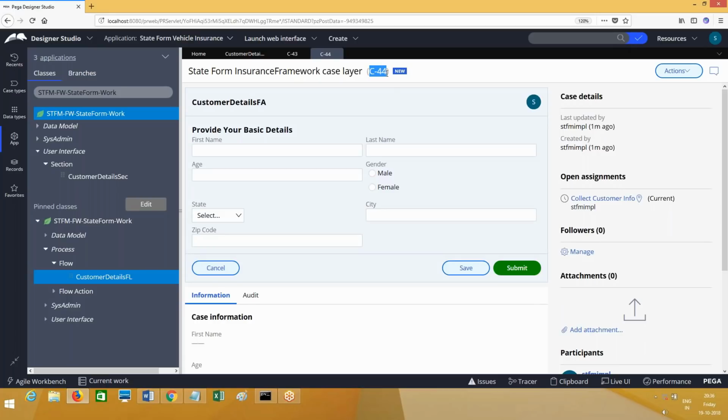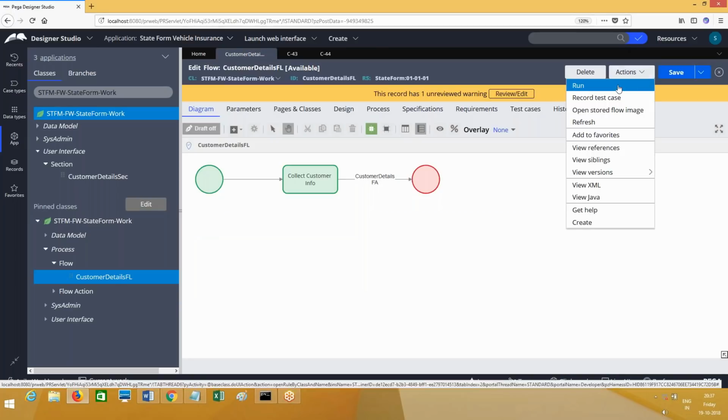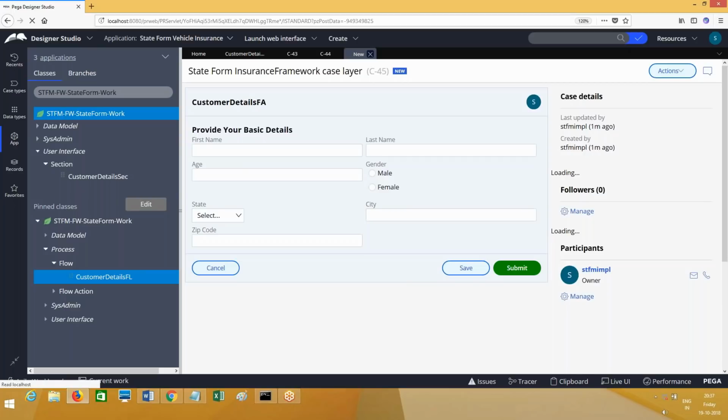Suppose you go to an ATM center and you make a transaction. You get an ID, let's say XYZ1. You make another transaction. The next transaction ID will be XYZ2. The next transaction ID will be XYZ3. Something like this. So here it is happening sequentially, but it might not be the same in an ATM. Okay, but it is a unique transaction ID. So now here you go and run the flow again. There is another transaction, C-45. This is the transaction ID.